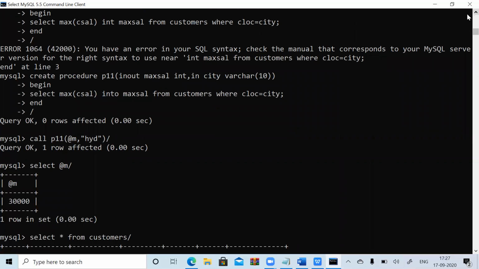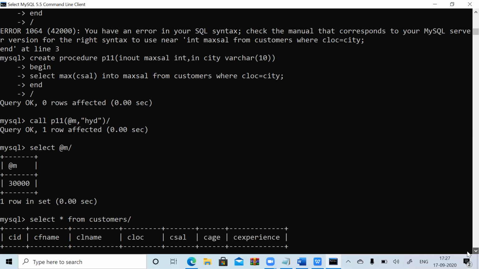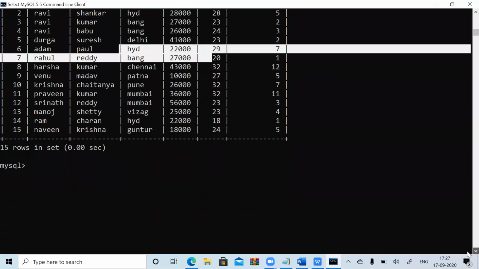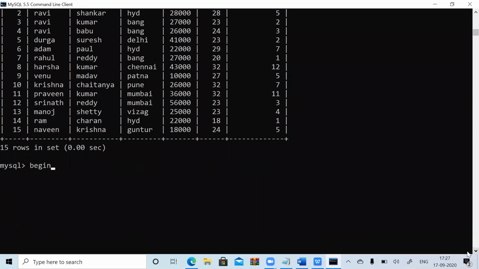Let's take one more example, how to use multiple in and out statements. Same thing, I will differ with a small example. Now you are familiar with this, right? I will use the same thing. Just give me 1 minute. So like that I am using int, okay. Now again I want to use one more output variable. For that I will write in out, and in this in out I will take total salary of integer data type.